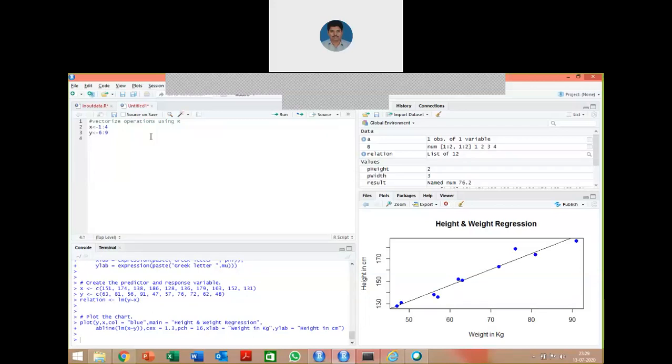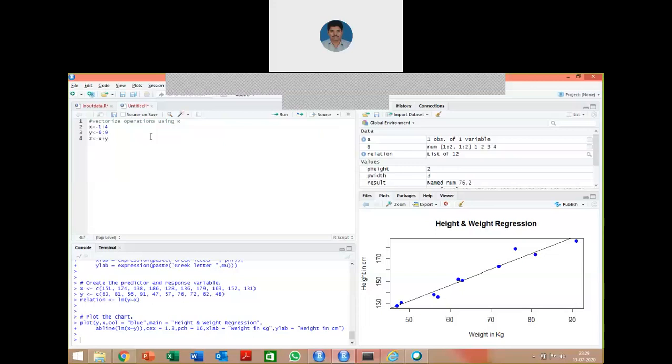Then, after that, I am going to perform the operation of adding the two vectors. How am I going to perform it? I take another object z, then I can add x plus y.